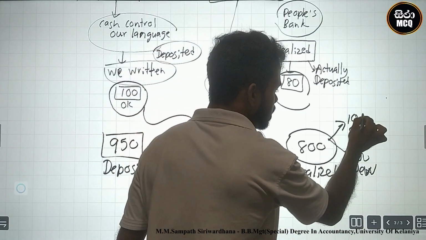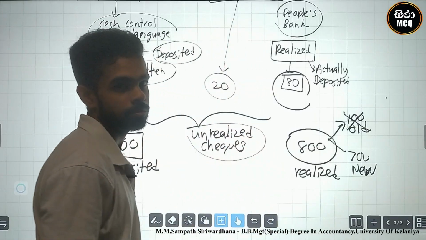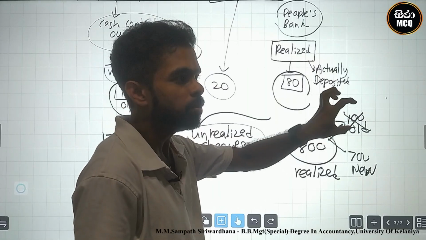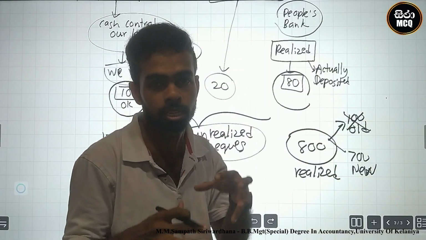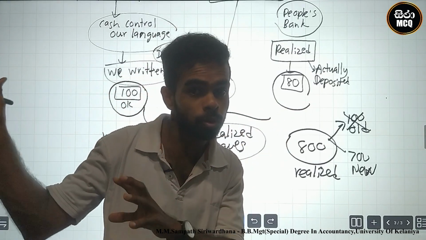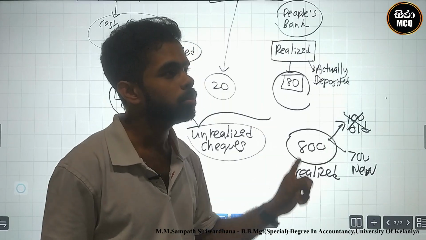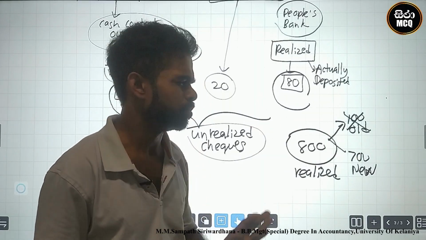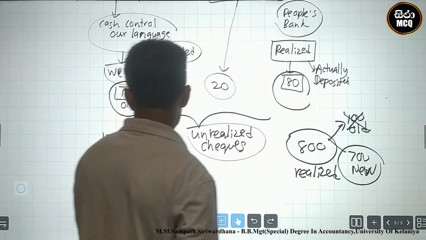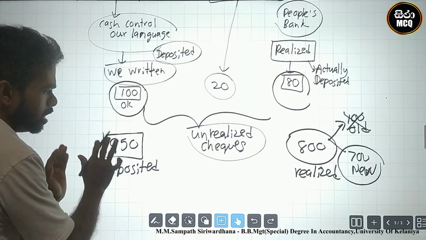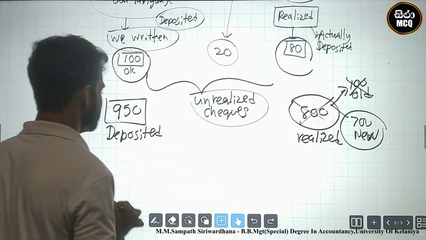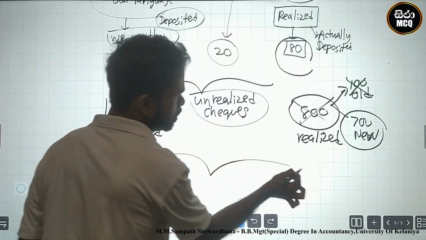Remember that the old check issue is gone. Why? This realized check was already accounted in the books in the past. Our account is okay. The 100 was already written in the past, 2024. At this time the bank realized it, but we ignore this. Therefore, the new fresh checks are 700. We newly deposited 950. The gap should be identified not with 800, but should be the gap between 950 and 700.